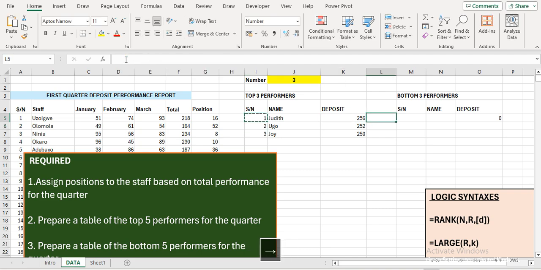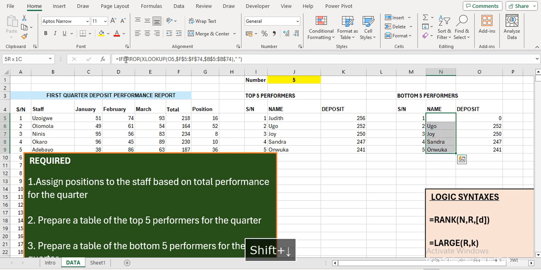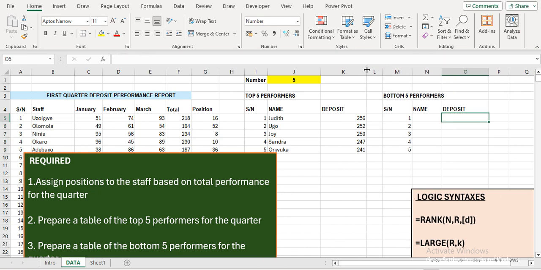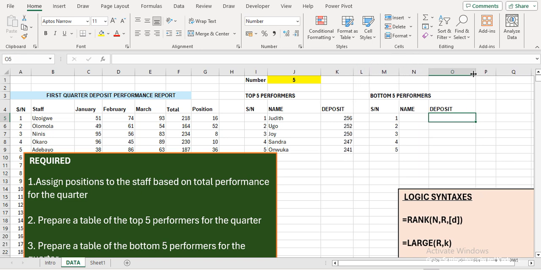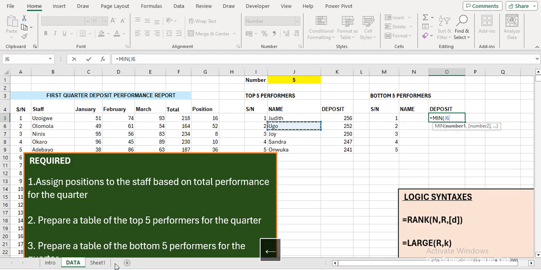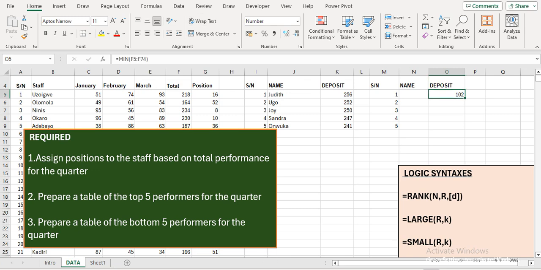Okay, so let me just come here. I think everything is fine now. I just need to apply. So I have designed the bottom 5. What do I need to do? I come here and I want the list, the bottom list. The list is simply going to be the person that has the lowest performance, and that can only be achieved using a function called mean. Instead of max, I'm going to say equal to mean, and then I come here and select the whole of this one. And when I select this and I hit my enter,